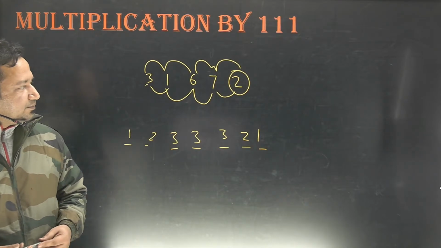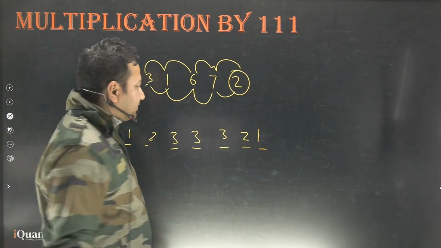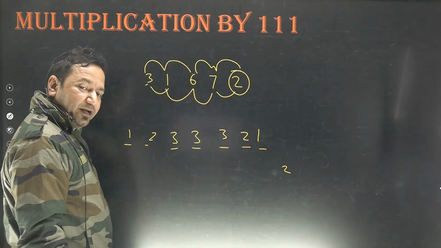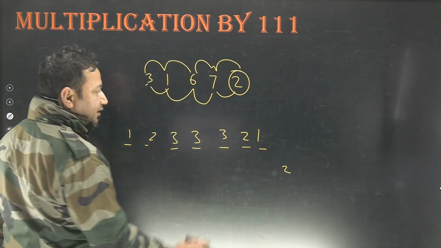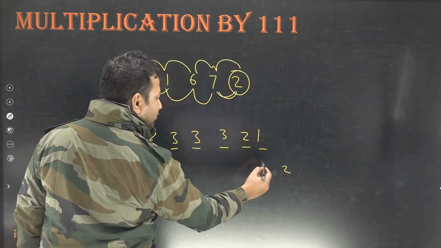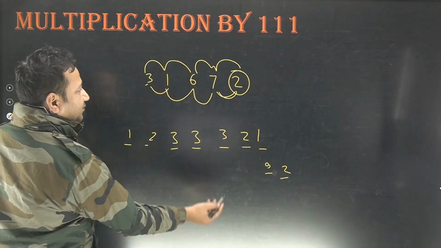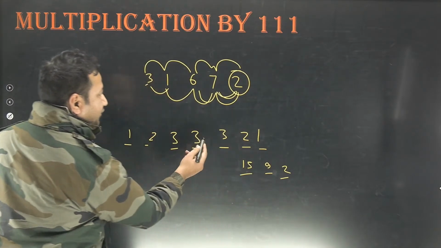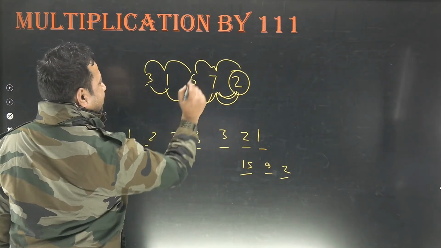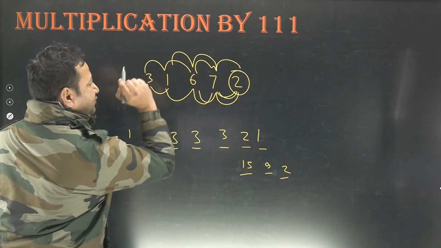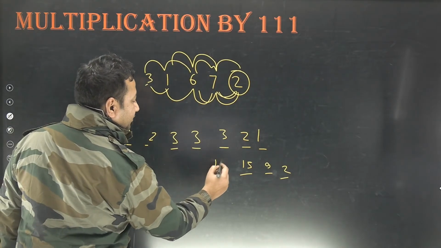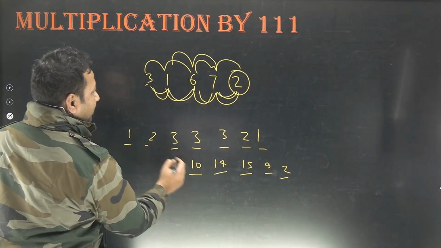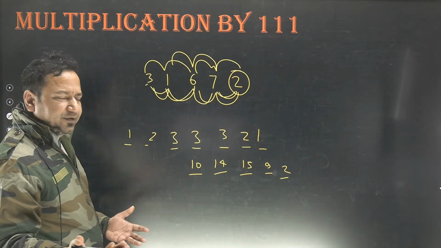Got it, everyone? Let us choose the digits. 1 digit from the rightmost side, that is 2. Look at it carefully. I'm going slow here. 2 from the rightmost side, 7 plus 2 is 9. 3 from the rightmost side, 6 plus 7 plus 2. How much is this? This is 15. 3, again 3. So, 7 plus 6 plus 1. Right? We'll be getting 14. Again 3. 6 plus 1 plus 3. We got 10. Alright, now we can choose further 3 digits.